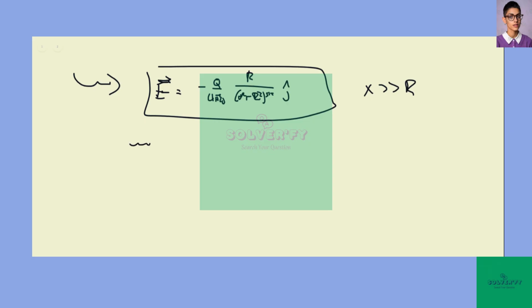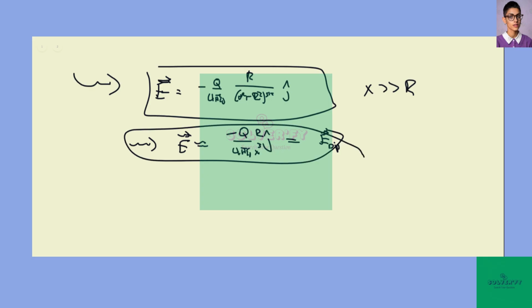When this happens, our E simplifies to -Q over 4 pi epsilon naught, R over x cubed, j hat, which you might recognize as the electric field of a dipole, just a normal dipole separated by R. Cool. So now that we know this,